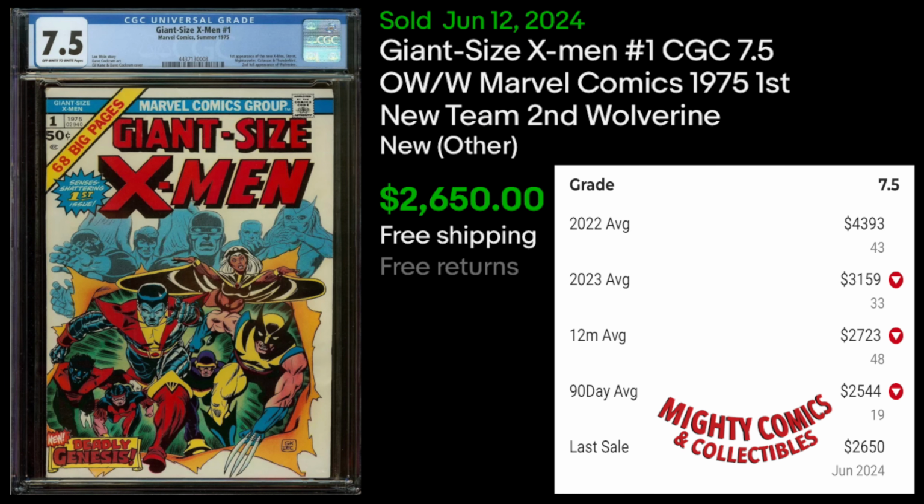Giant Size X-Men 1 in a CGC 7.5 with off-white to white pages sold on June 12th for $2,650. Let's see what GPA says. The last sale, of course, has been recorded. It's this one. The 90-day average, right around that, $2,544. I think someone really probably paid a little bit more for the colors on this book because it is absolutely beautiful. The 12-month rolling average, $2,723